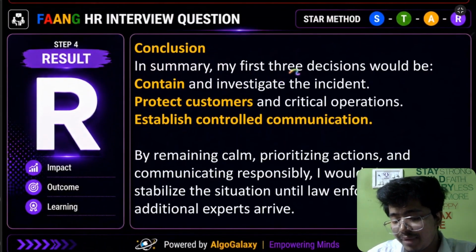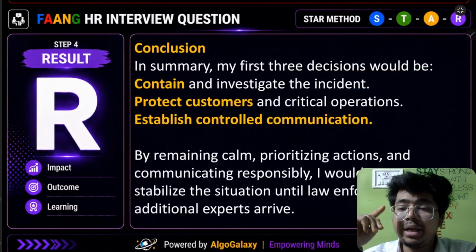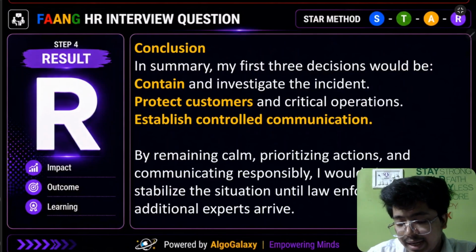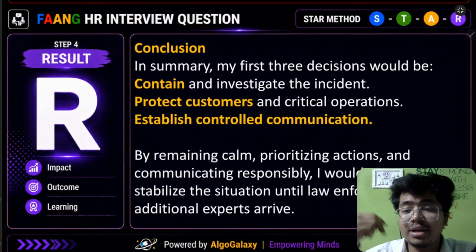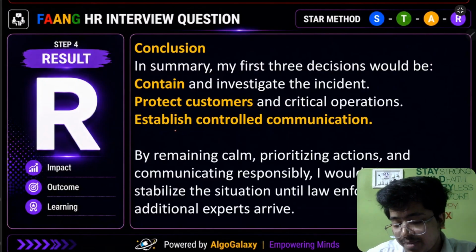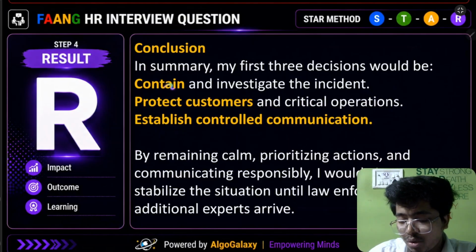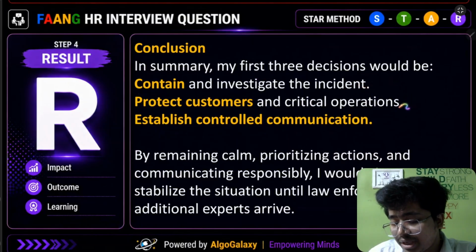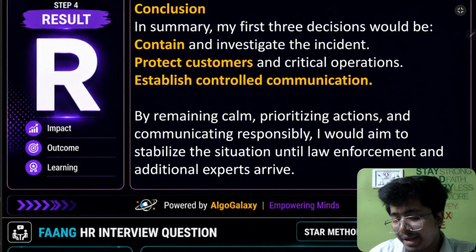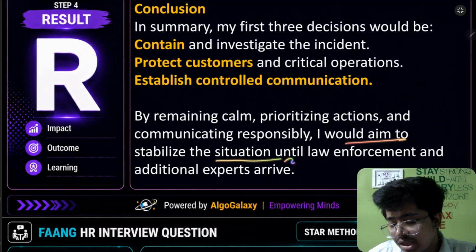In conclusion, in summary, my first three decisions would be: first, contain and investigate the incident; second, protect customers and critical operations; third, establish controlled communication. By remaining calm, prioritizing actions, and communicating responsibly, I would aim to stabilize the situation until law enforcement